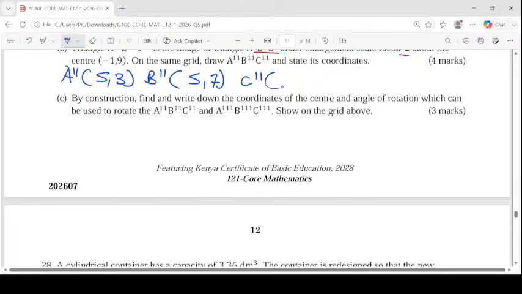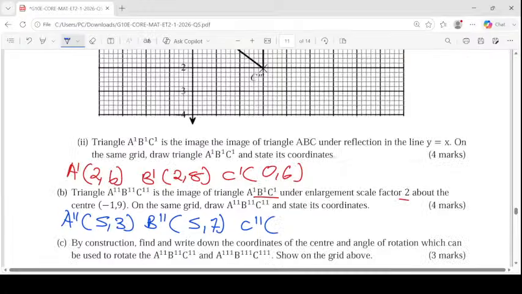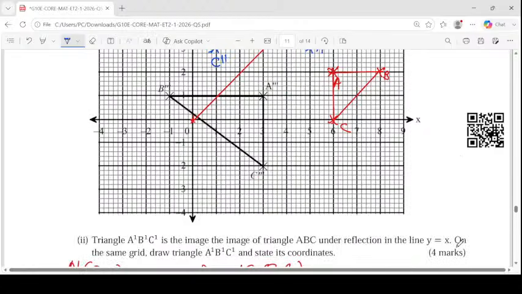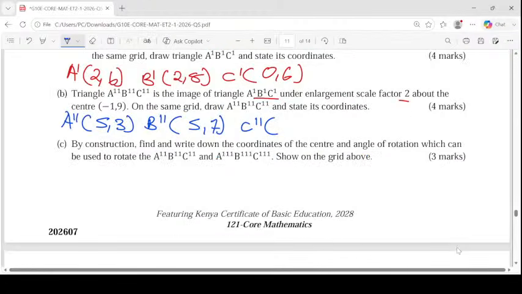Then C double prime we have 1, 3. By construction, find and write the coordinates of the center of enlargement, the center and